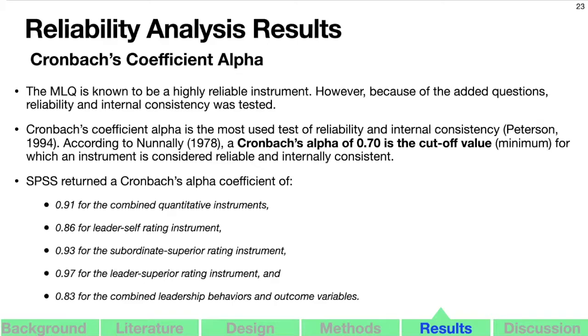Although the MLQ is highly reliable, I still had to conduct a reliability analysis because